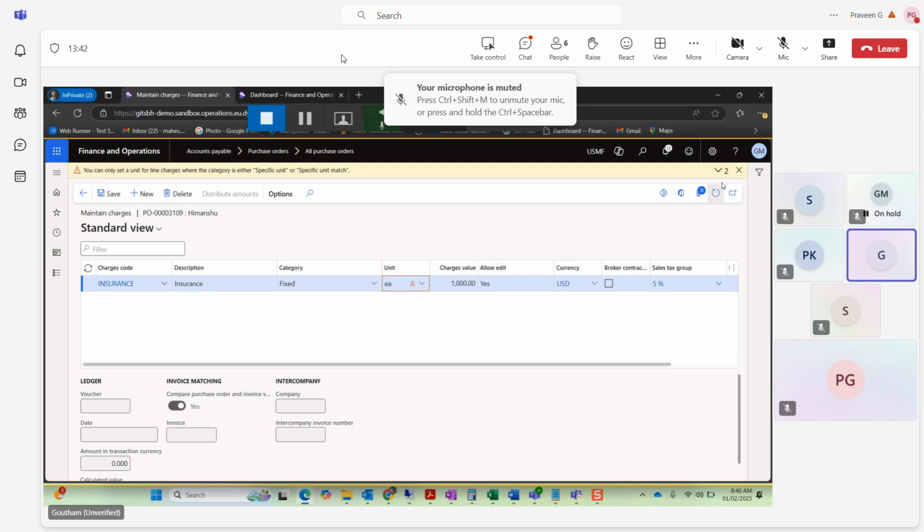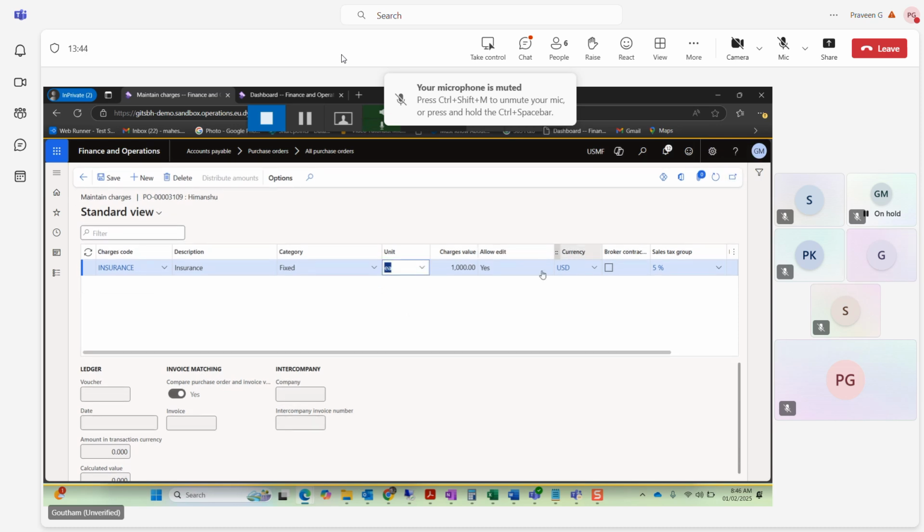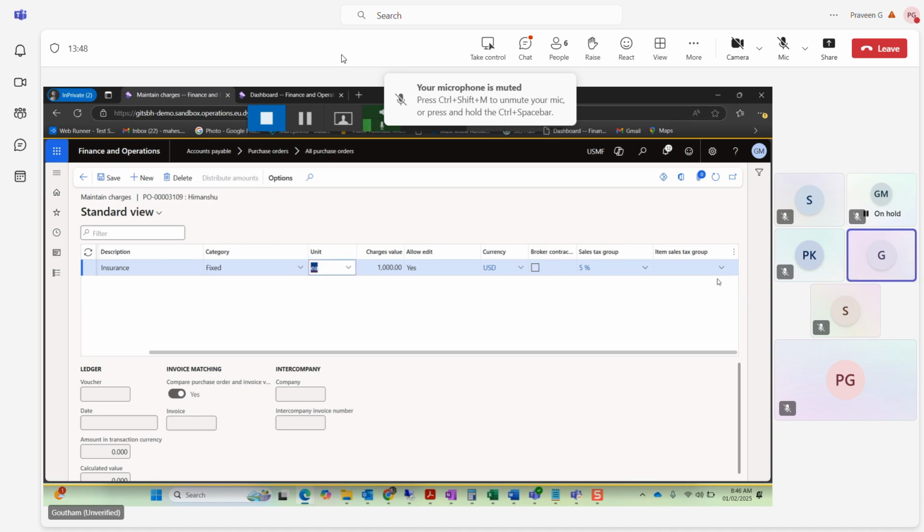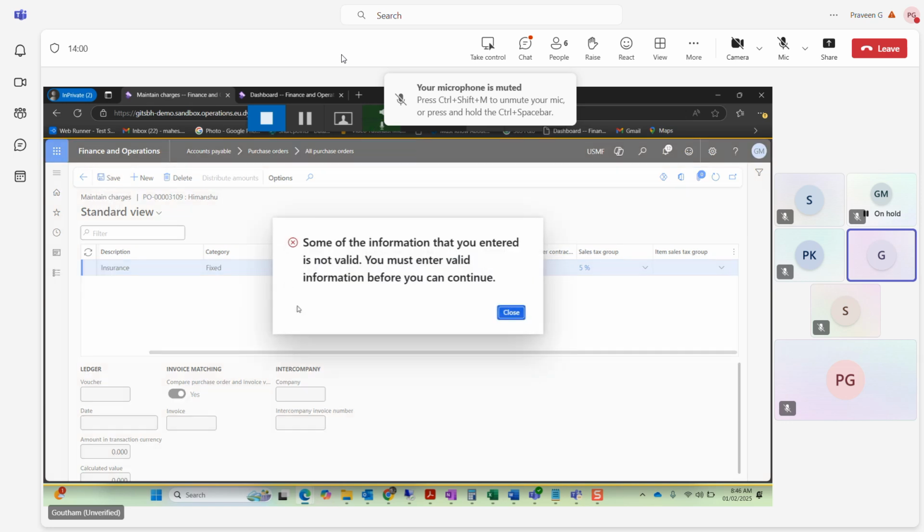As 1000. And after that, if you want to calculate sales tax on this, you will update this one. How this calculation will work, we will see in a future session. Okay, so once I have clicked on save,